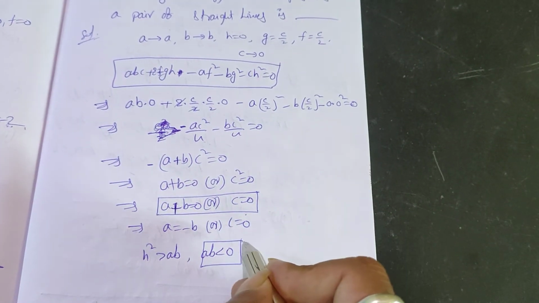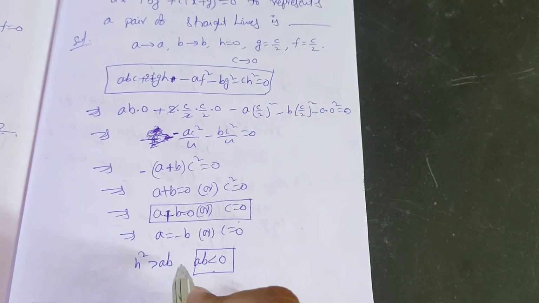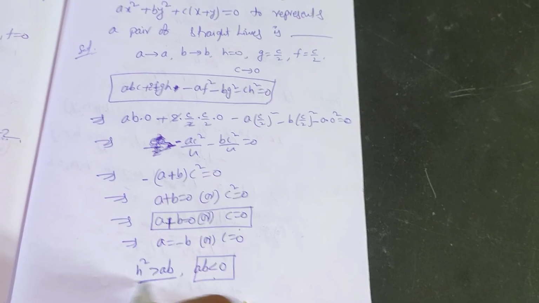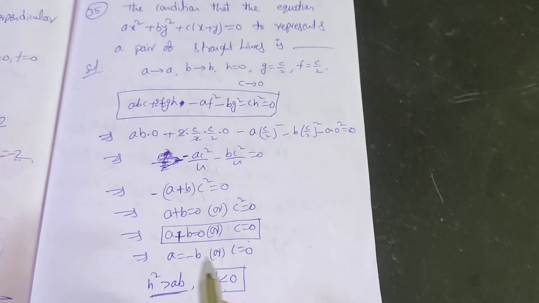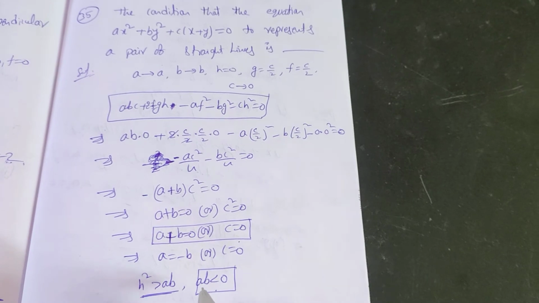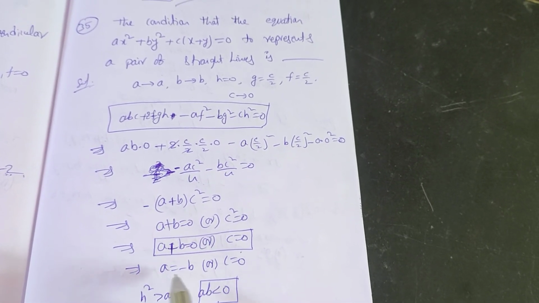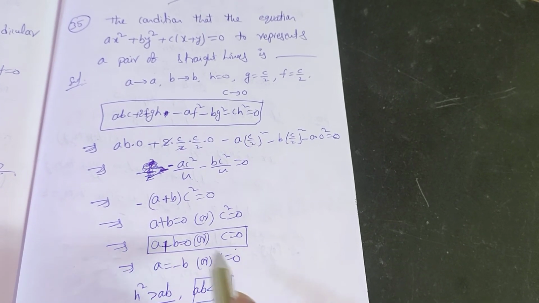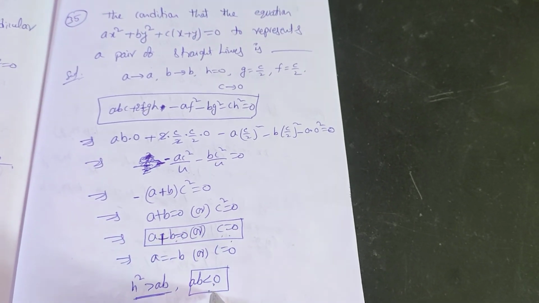and they given one more condition based on AB less than 0 or greater than 0, like that. And if they given or they didn't give, sometimes they may ask this one also: H square is greater than AB. But in this 35th question, they didn't give about H square and AB relation. See here, A plus B is equal to 0 means A is equal to minus B. That means both are in opposite sign. If both are in opposite sign, product becomes less than 0, and C is equal to 0. So they given these three options. A plus B is equal to 0 or C is equal to 0 and AB is less than 0.